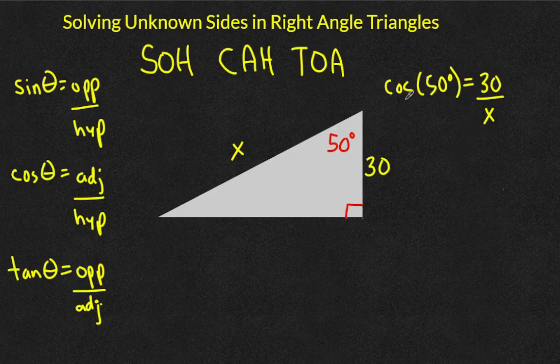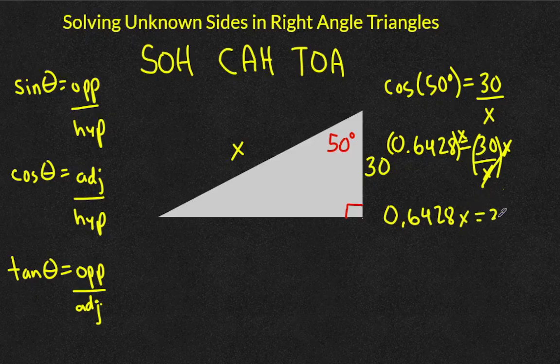Again, go to the calculator. That cos of 50, that's just a number. You don't have to be afraid of that. 0.6428 is equal to 30 over x. The good little algebra way, make me proud, multiply both sides by x. That's showing your work. You'll see that the x's on this side cancel out, and it leaves us with